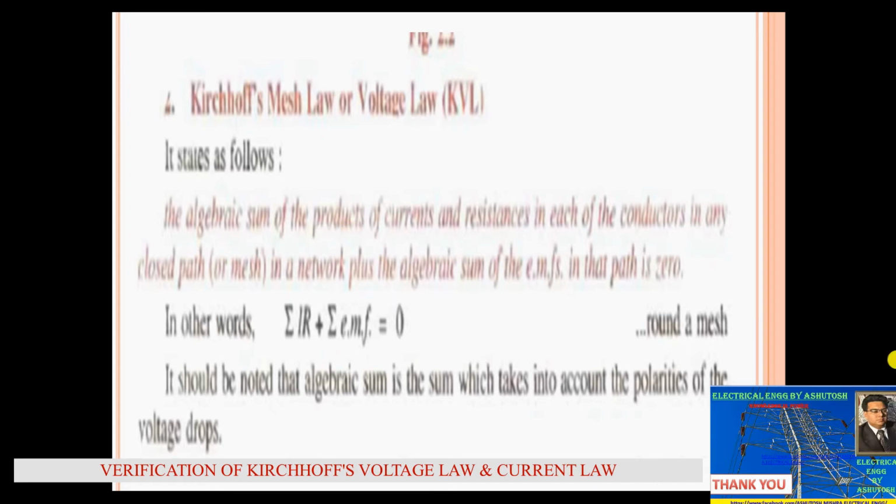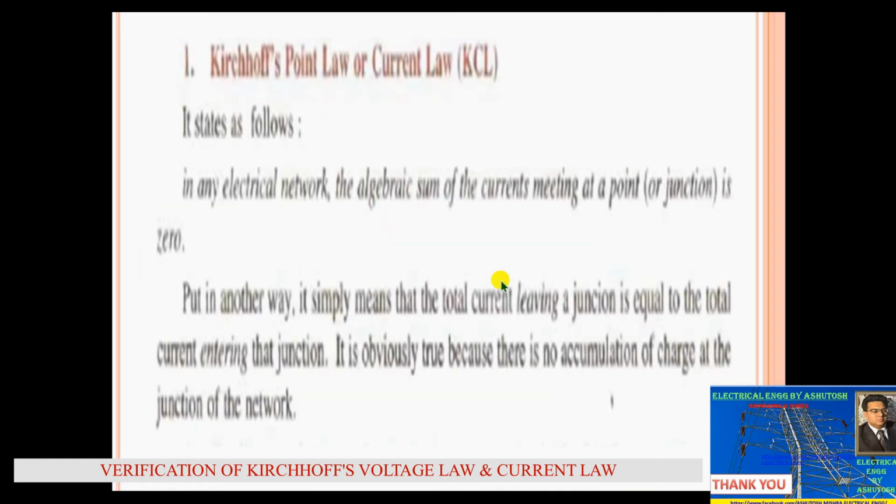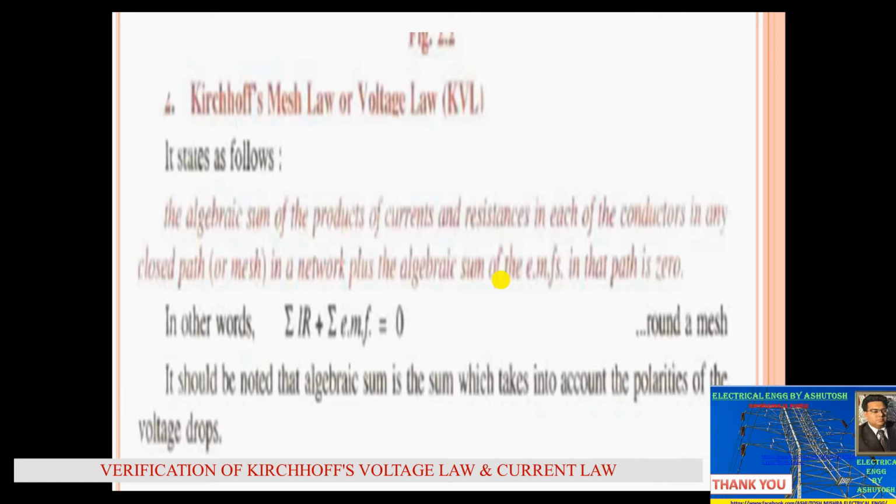There are two basic laws: Kirchhoff's voltage law and Kirchhoff's current law. This is KCL and this one is KVL. So what is the statement of KVL? The algebraic sum of the products of currents and resistance in each of the conductors or resistors in any closed path or mesh in a network, plus the algebraic sum of EMFs in that path, is 0.